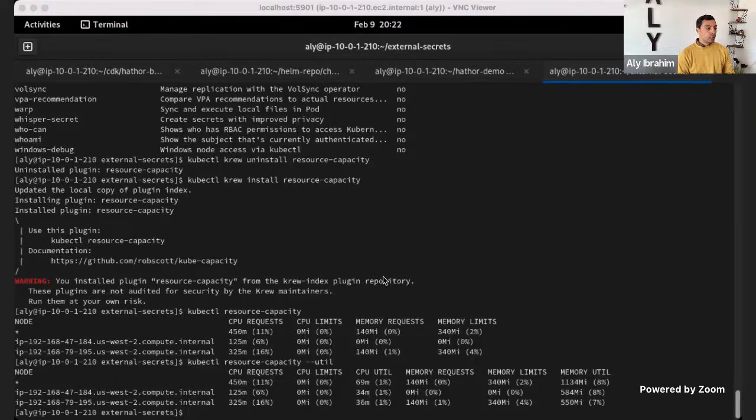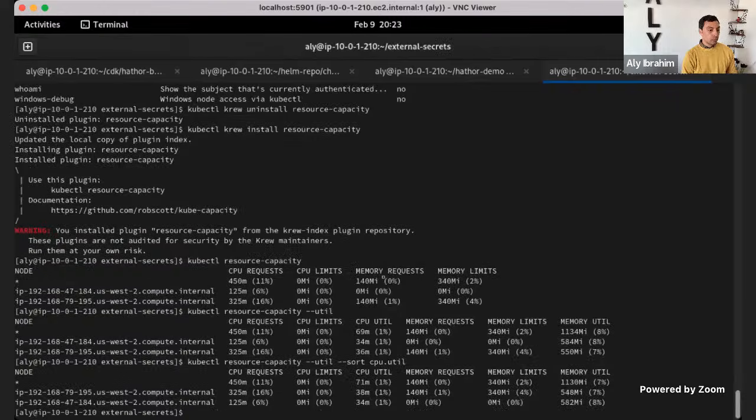Another way to do it is to sort it. It can also give you that. Sort by CPU util. In this case, all of them are 1%, but you can do it by memory util.